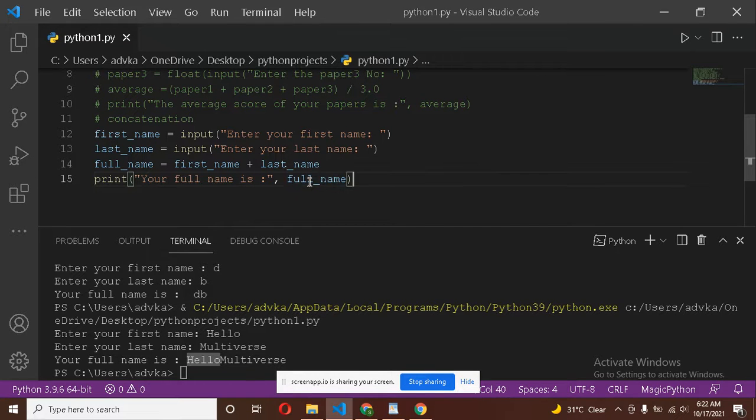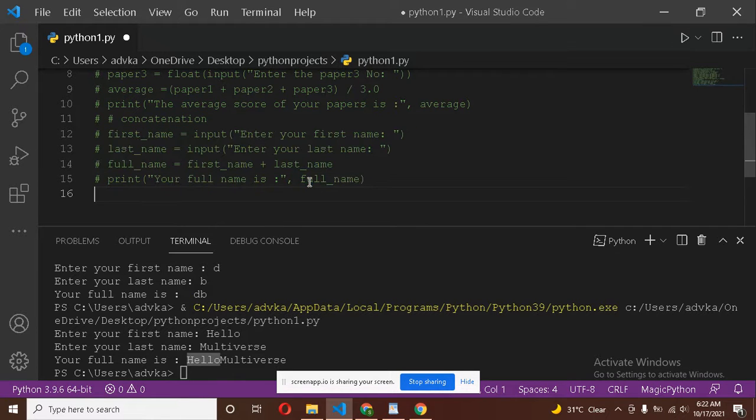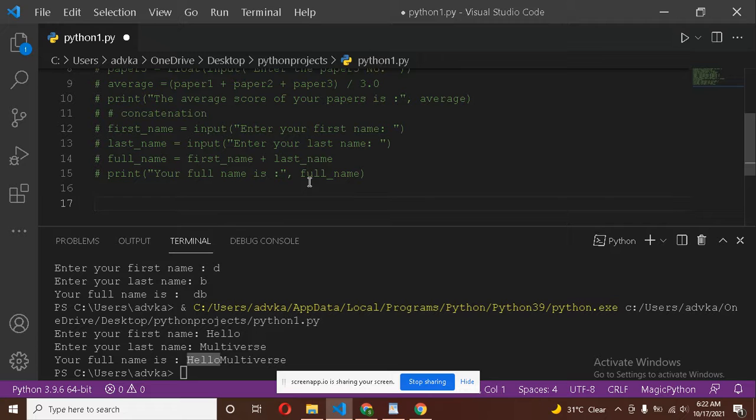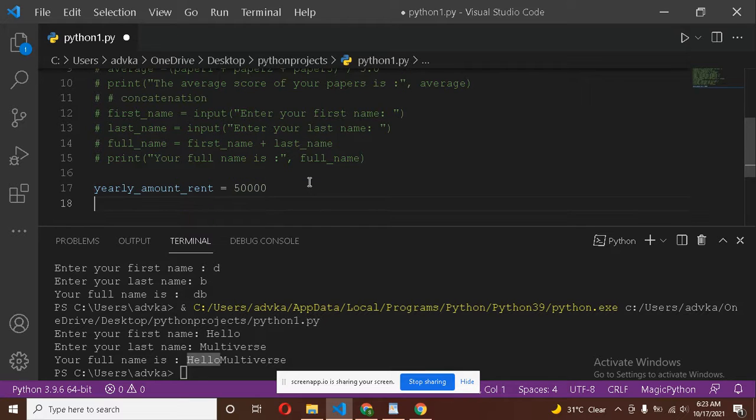So we will comment out all our old code. So suppose our yearly amount of rent is equal to 50,000 rupees. Okay,